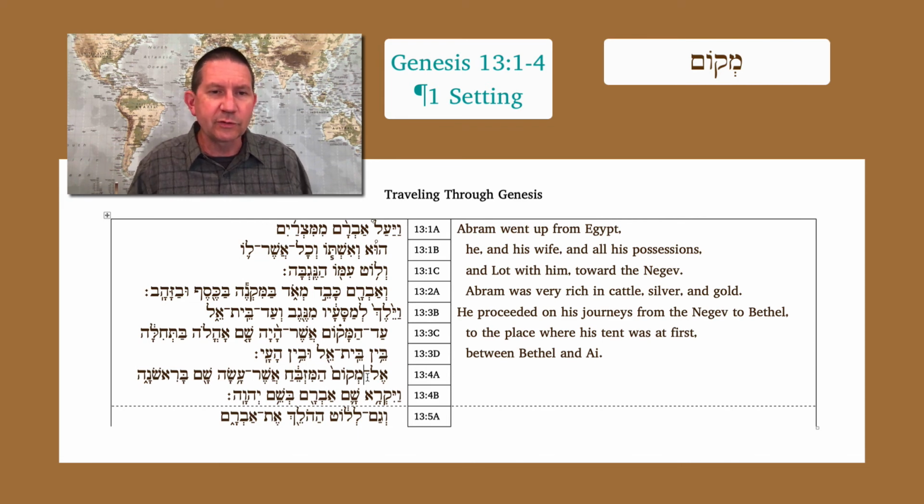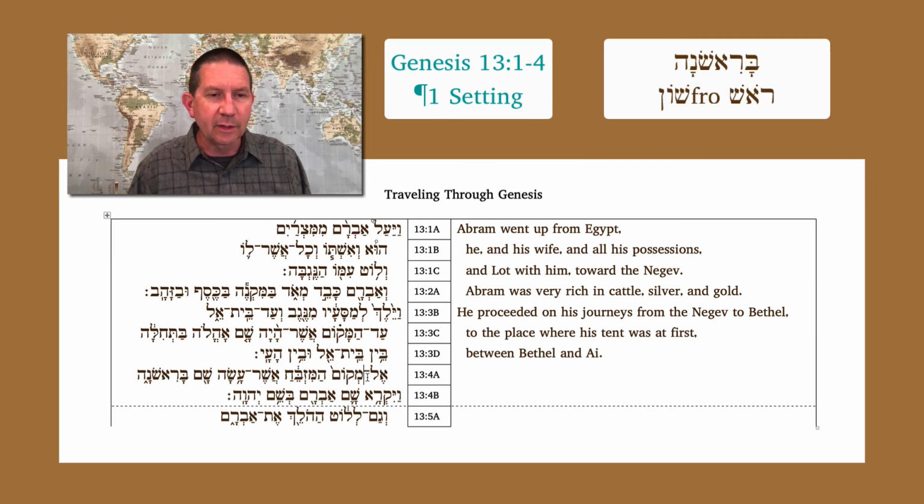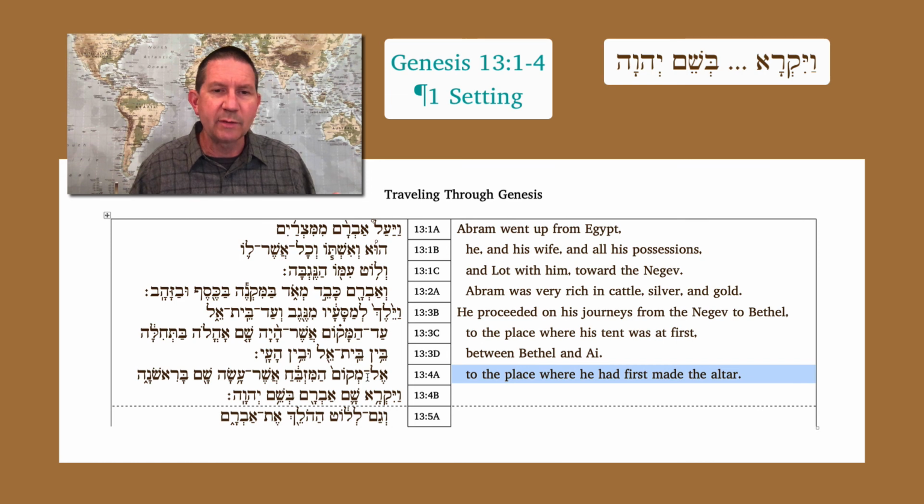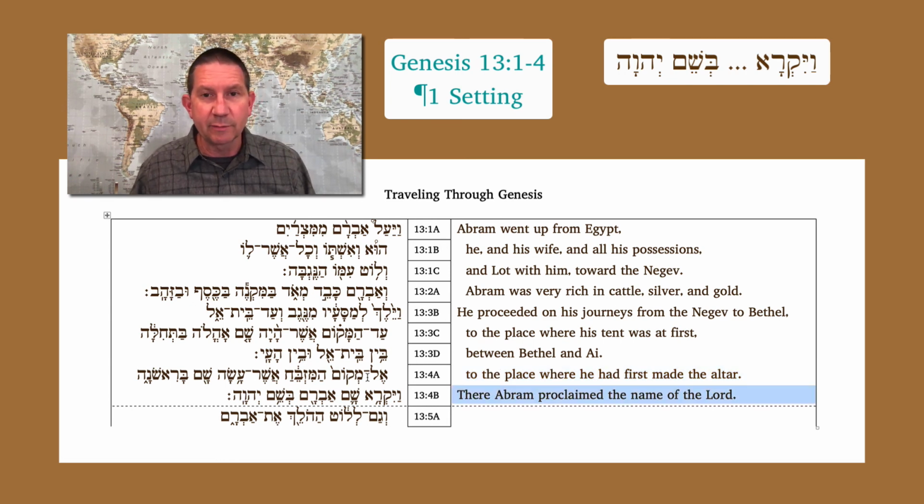So the place of the altar, which altar? The one which he had made there in the beginning. Here we're using the noun rosh. Rosh can refer to head, but it can be also the beginning of something. So we could say that a few different ways in English, to the place where he had first made the altar. Vayikra Sham Avram B'Shem Adonai. And so we've seen this phrase a few times. He called there Abram on the name of the Lord, or better English, there Abram proclaimed the name of the Lord, and he gets back to the business of worshiping.